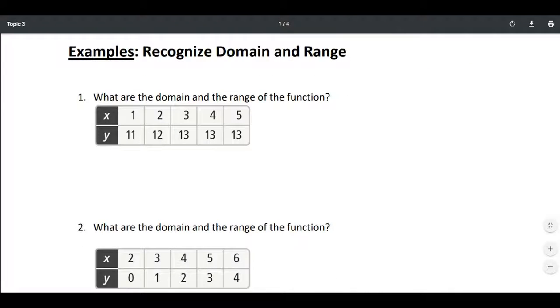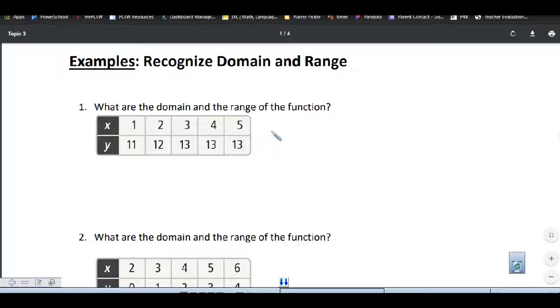So domain and range. You should have a familiarity with domain and range, and we should know that our x values are our domain, that is our input, and we can describe them using these fancy brackets, and we would just list them in order. So numeric order, and we see we have 1, 2, 3, 4, and 5. And then the range